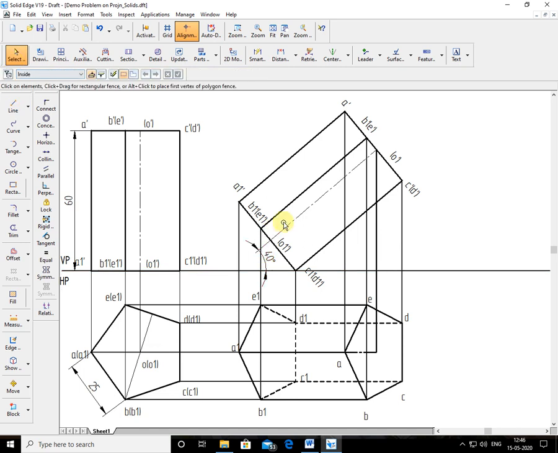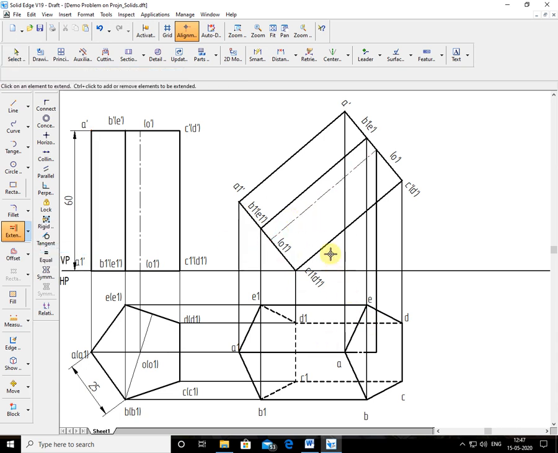Oh, this line is half here, that's why it's coming in this way. So I'll join this line. I remove this line and extend this line. This is not complete, that's why it's showing in this way.